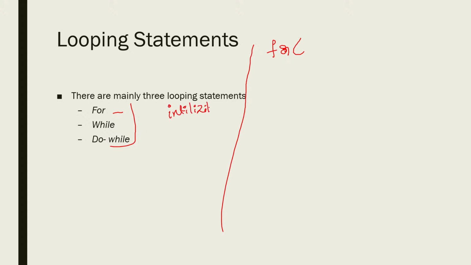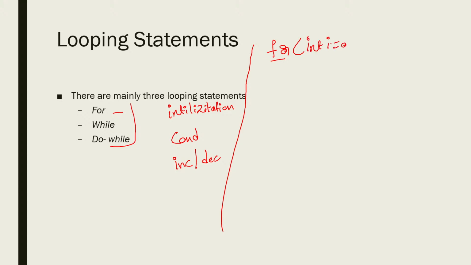Initialization, condition, increment and decrement. The syntax of for loop is for, open braces, and I need to initialize a value,